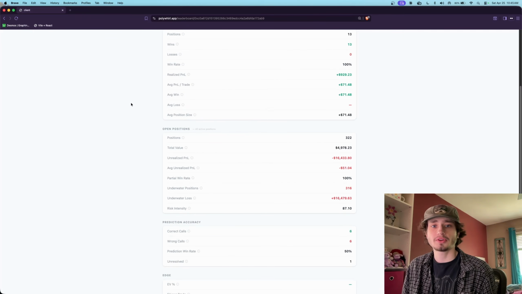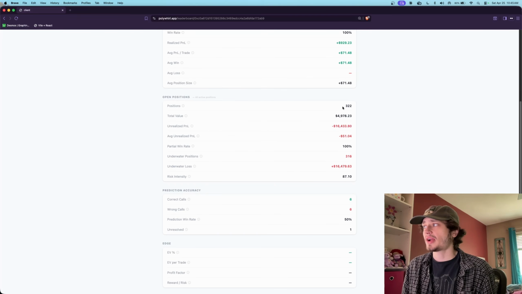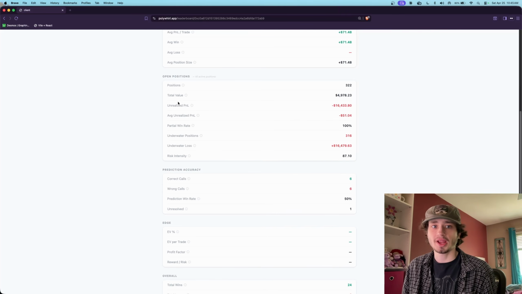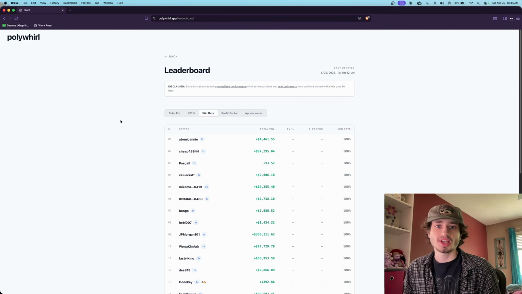If we investigate further into the bettor snapshot, we can see that they are actually sitting on quite a large stack of open position losses that have yet to close out. And the lack of having any edge shows that they're not closing out any losses or realizing losses, and instead are praying that these might turn around. That's just a simple example of what the snapshot can show you and provide more detail about the behavior of a leaderboard bettor, so that you, as an investigator interested in maybe trading on Polymarket and following some of the top bettors, can have more information and make a more informed decision